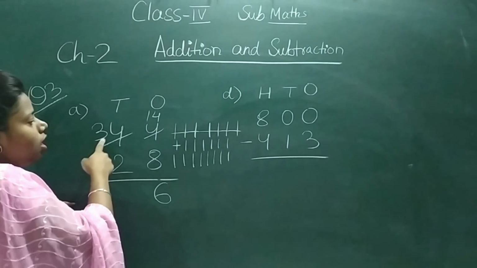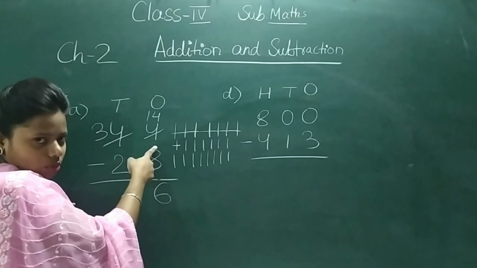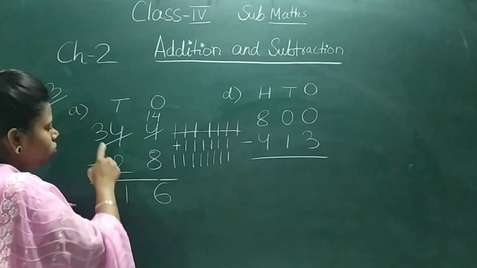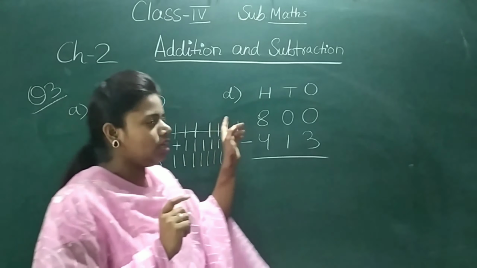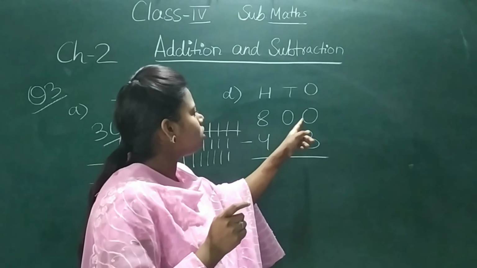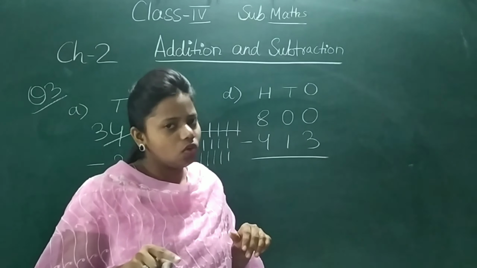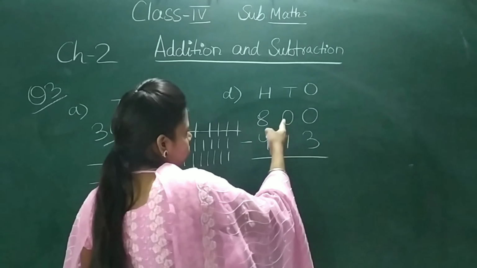Now here you see, don't do 4 minus 2, it will be wrong because it has given carry. So now it is 3. So 3 minus 2 will be 1. Okay. Now let's see how to do number D. Now see here, it is 0. From 0, can we subtract 3? No. So it will take carry from this.